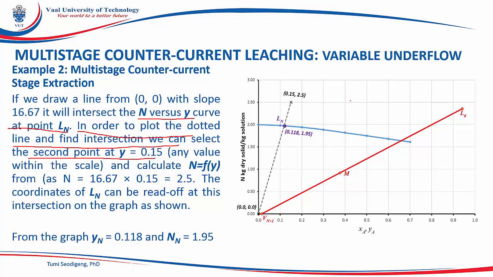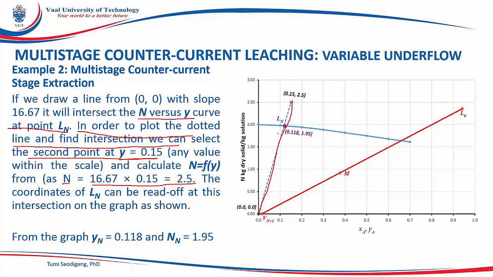So we can just select any other point on the diagram. So we select a point for y equals 0.15. Just select any value within the scale of the diagram. Once you have selected the value of y, you can use our equation to solve for n at that point. In this situation, we find the n at y equals 0.15 to be 2.5. Then we have the 2 points, then we can connect them